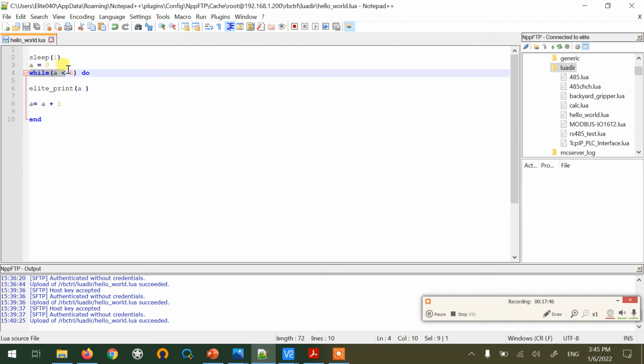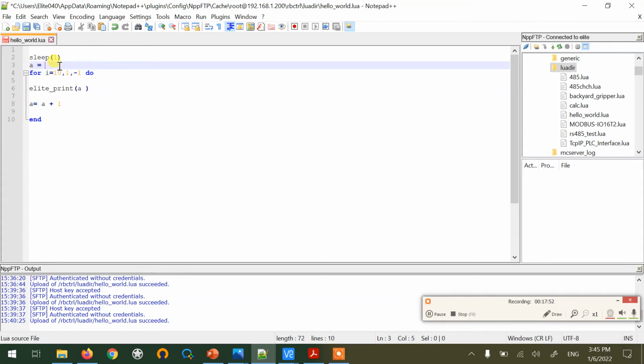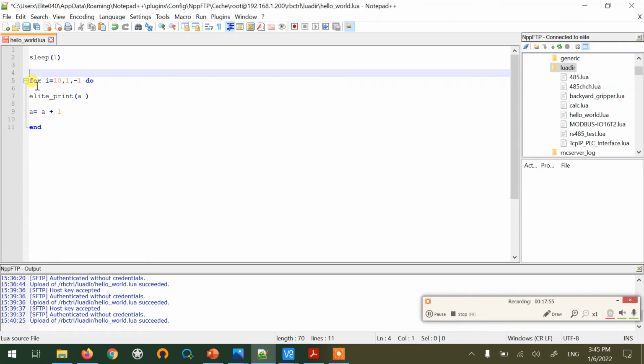I'm going to change this while to for. Okay, basically here we have a variable with the name i, and its beginning value is 10, and our target is 1, and our step is -1. This is Lua basic, and it's going to say, okay, i, you are 10, and we want you to achieve this value. And each time this loop